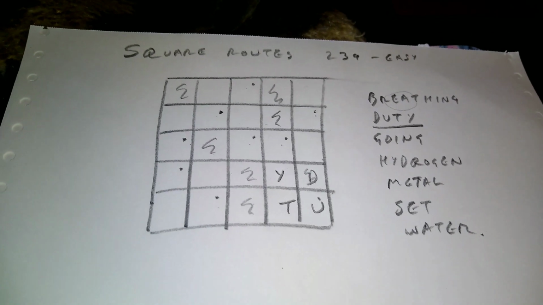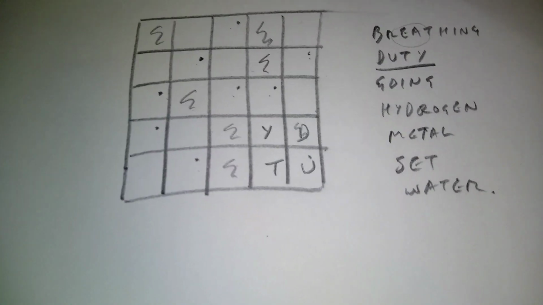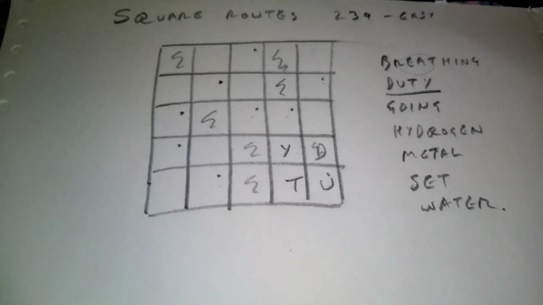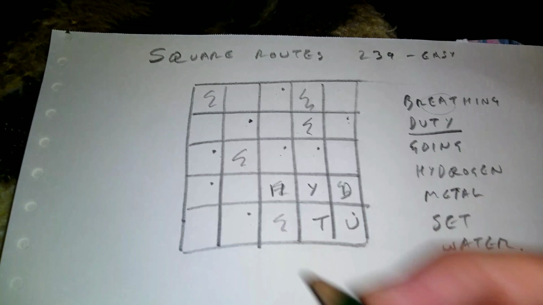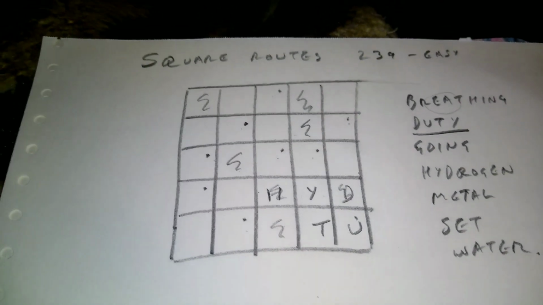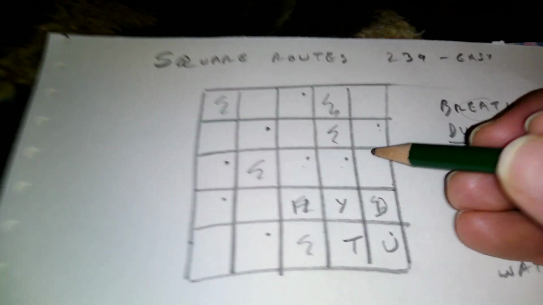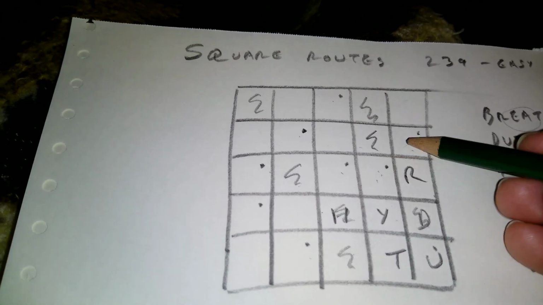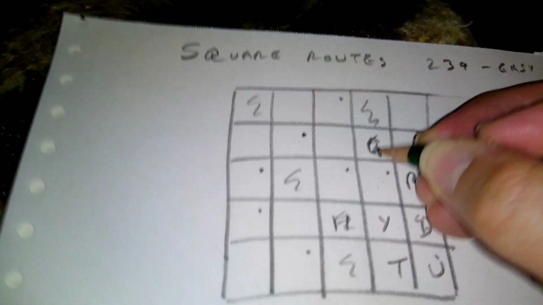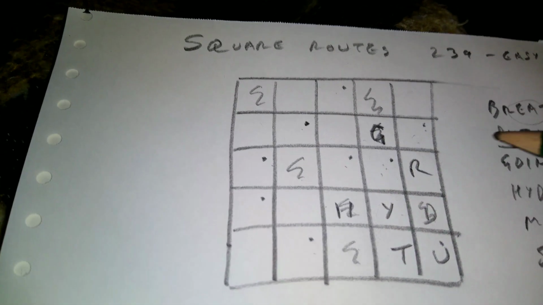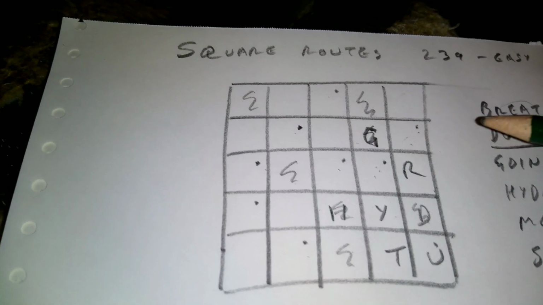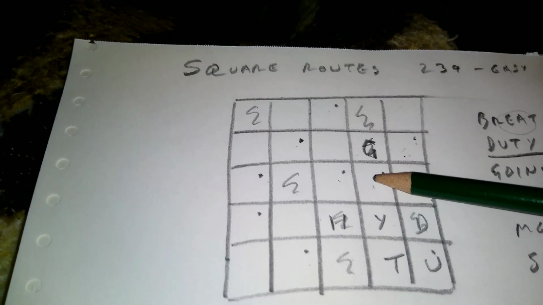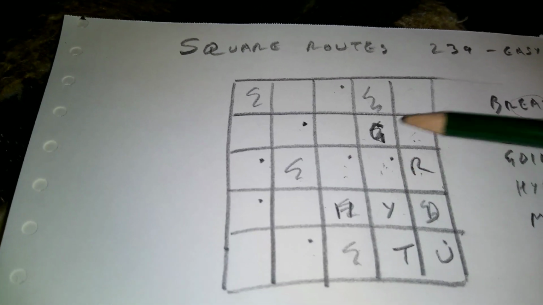Right, now that might be a clue to hydrogen. So we've got YD here, which would be useful for hydrogen, wouldn't it? So if we put the H in there for hydrogen, HYD, then the R has to go there. The O could go here or here. We don't know which, but that's got to be the G. Then we need EN. Well, if it goes down here, if ROGE, then there's nowhere for the N because that's another vowel there. So it must go